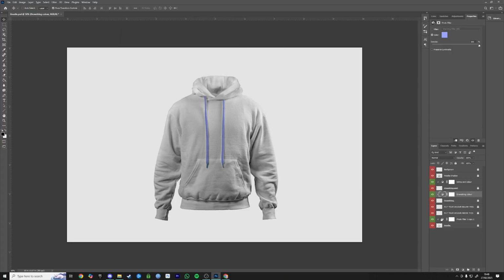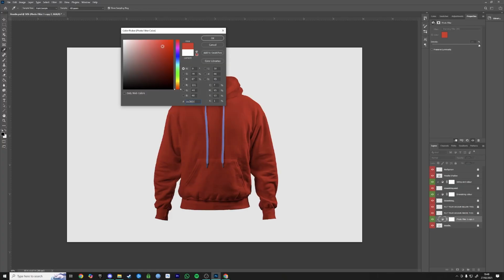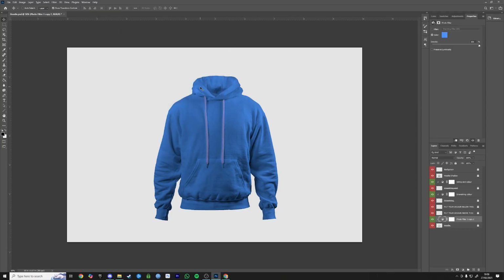Same process, going to go down. This one is going to change the color of the hoodie. So if I click on this bit here again, up to here now, and now this will change the entire color of the hoodie to whatever color you kind of desire. When you're happy with the basic colors on your t-shirt, your hoodie, or your trousers, what you've got the opportunity